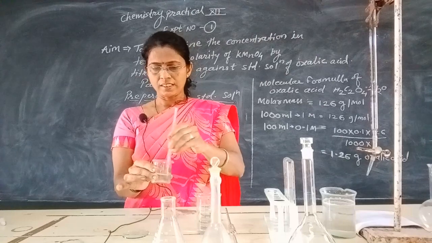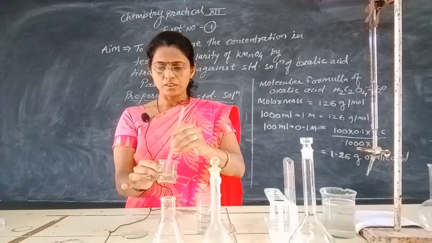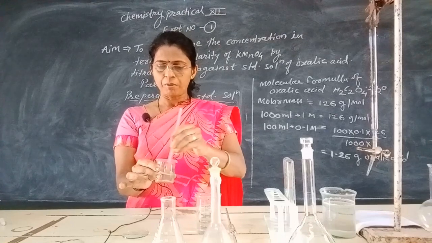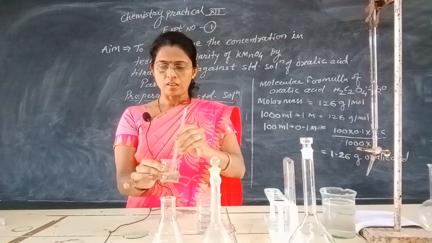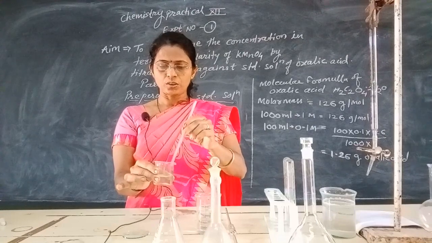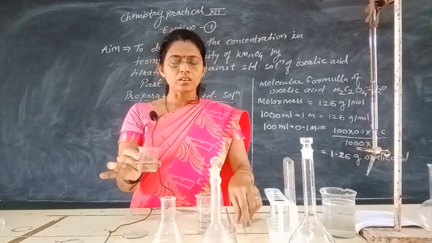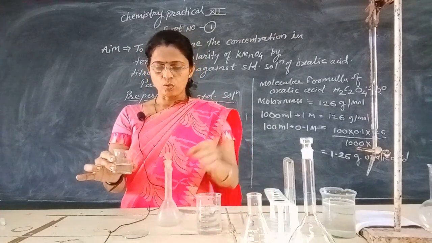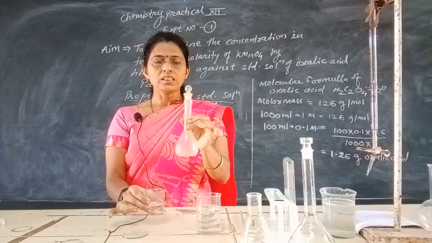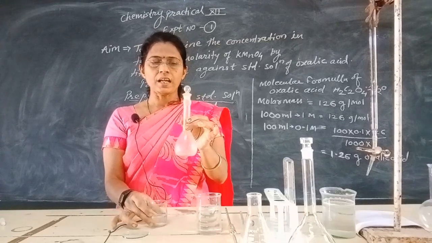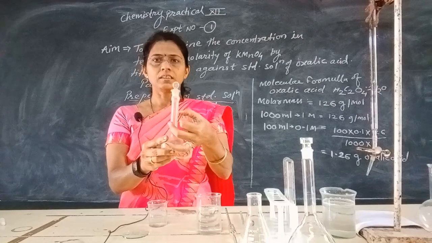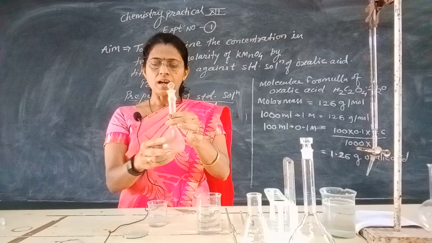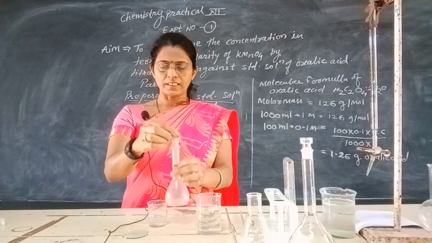See, your oxalic acid is now dissolved, but we want to prepare 100 ml of standard solution of oxalic acid. So, this dissolved oxalic acid I will transfer into the volumetric flask. This volumetric flask is of 100 ml capacity, and this here is the mark of 100 ml. So I will add this solution inside this.